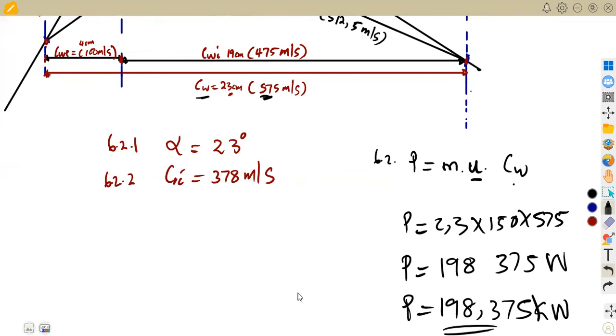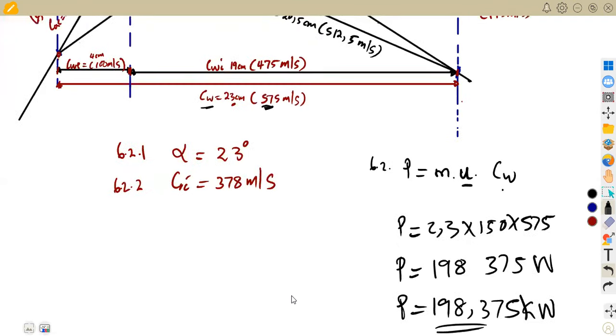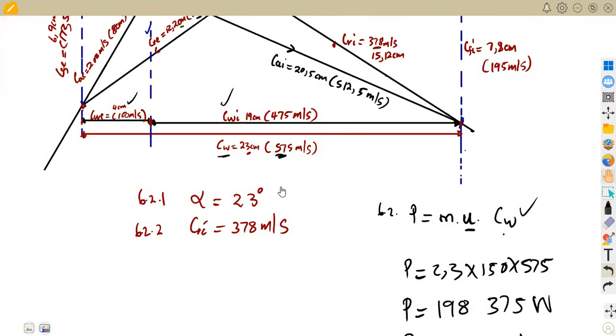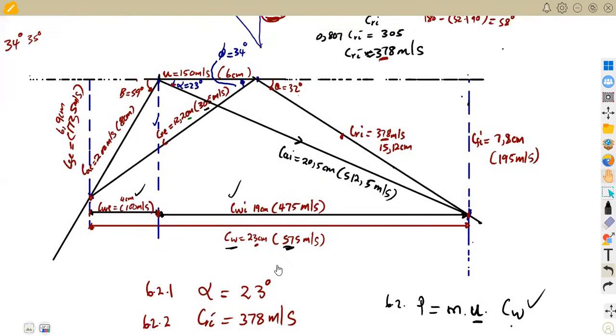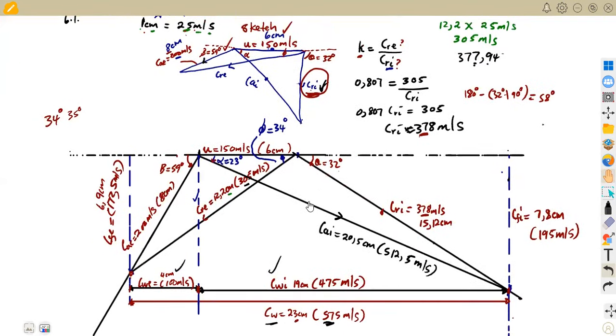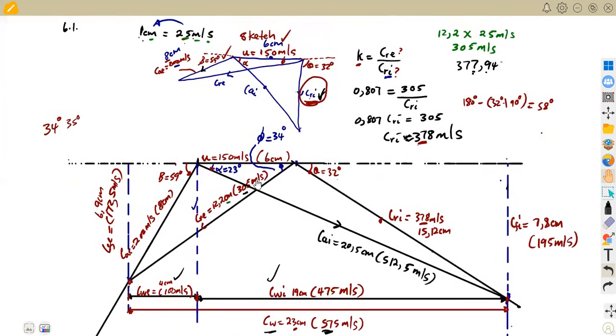So that is how we can have our information presented if we have the diagram direct as it is. Instead of working out the inlet plus the exit and then adding, you already have it calculated from the diagram, you can measure that one. So you simply use the equivalent wheel velocity with the mass and the blade velocity to get the power. As you can see, that's how your questions are given. Like I said, make sure that you watch all the videos so that you'll be able to understand each and every